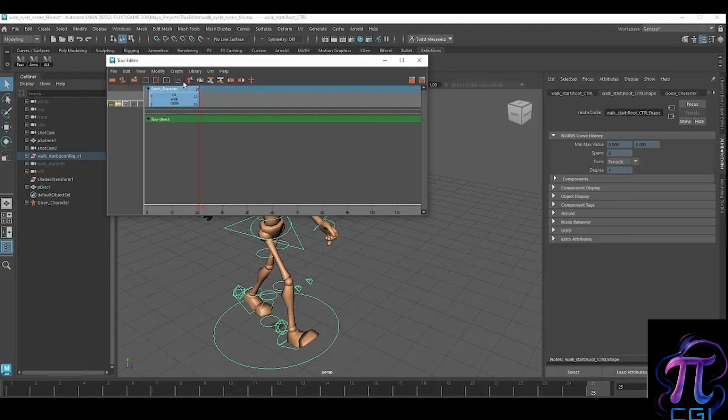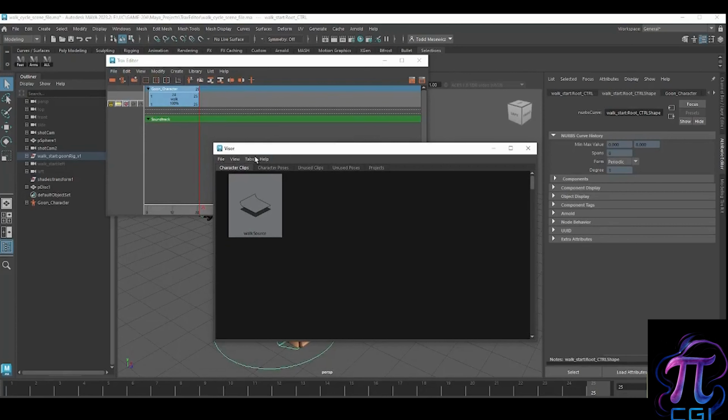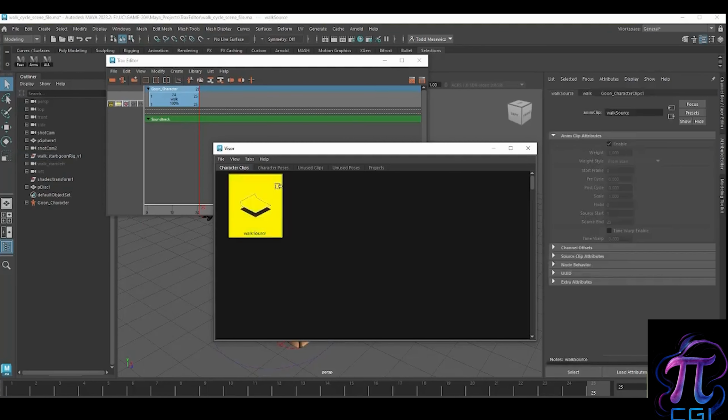This is going to load the Goon character and the single clip here in our Trax Editor. These things are located in the visor. So if you open up the visor, you'll see that this is a clip that actually was created called walk source,